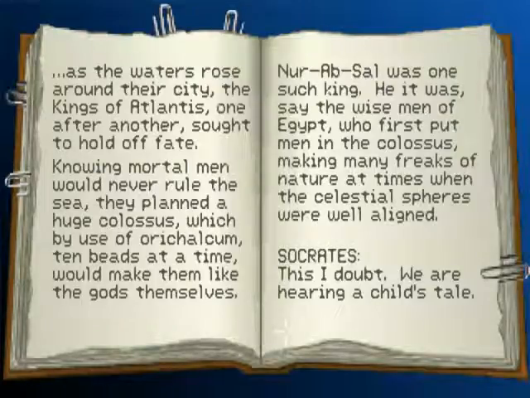As the water rose around their city, the kings of Atlantis, one after another, sought to hold off fate. Knowing mortal men would never rule the sea, they planned a huge colossus, which by use of orichalcum, 10 beads at a time, would make them like the gods themselves. Nur-Ab-Sal was one such king. It was he, say the wise men of Egypt, who first put men in the colossus, making many freaks of nature at times when the celestial spheres were well aligned. Socrates. I doubt it. Or this I doubt. We are hearing a child's tale. And then they activated the engines and...